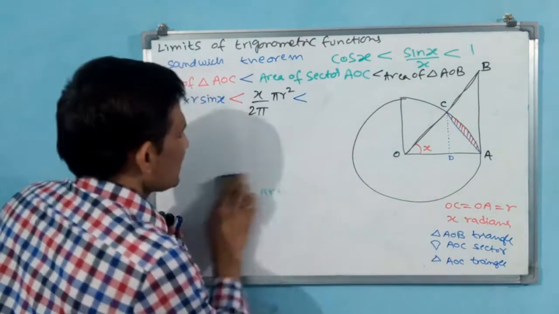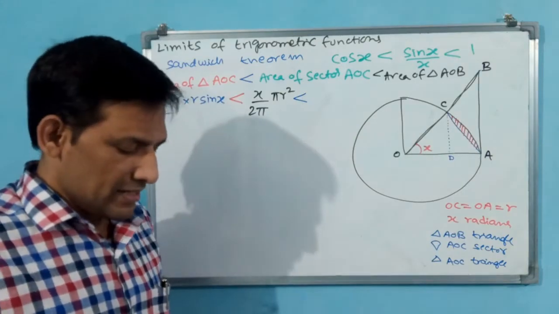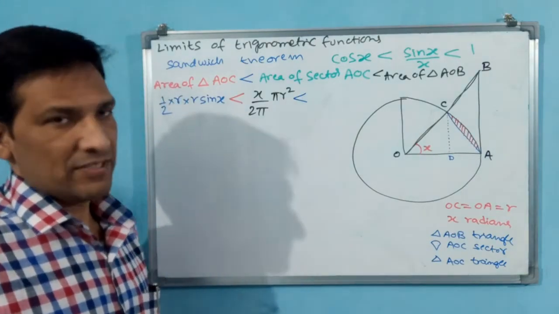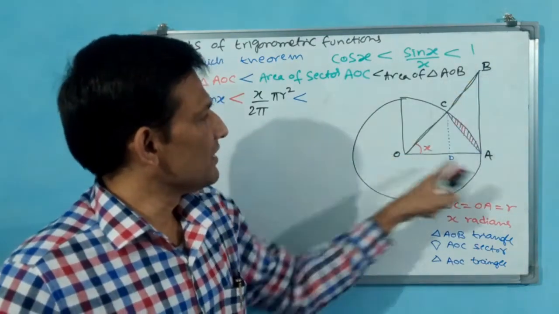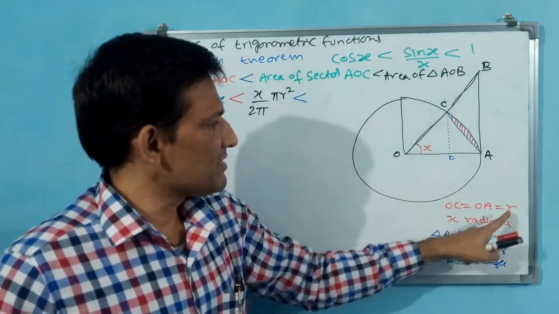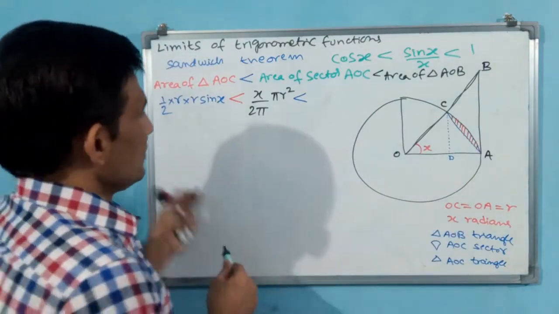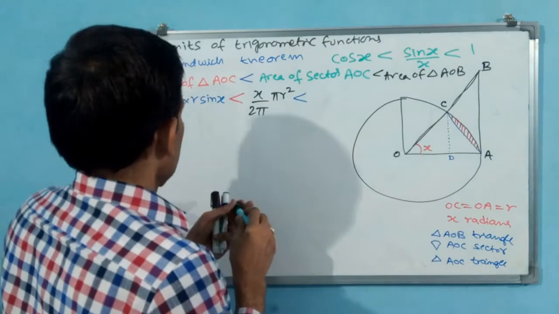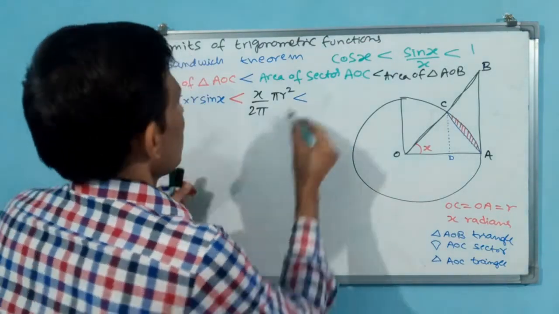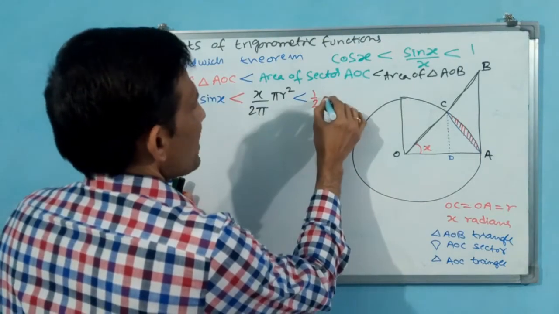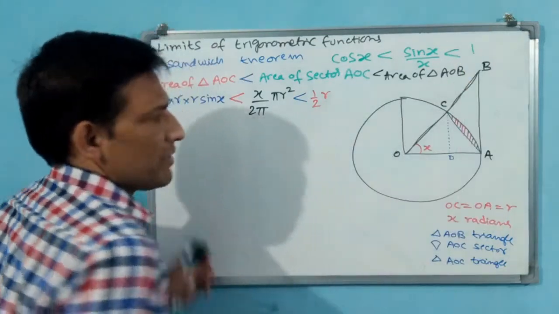Area of sector also over. Now come to area of triangle, big triangle. Here also half of base into height. For this also base is OA only. OA is equal to radius. Then you write like this. See how I am writing. Half of base is radius. Base is radius. Height will be AB.